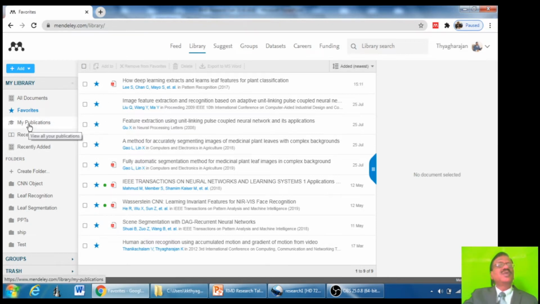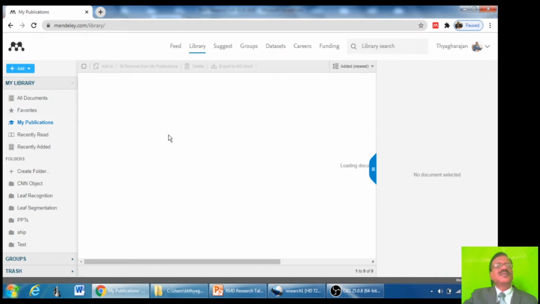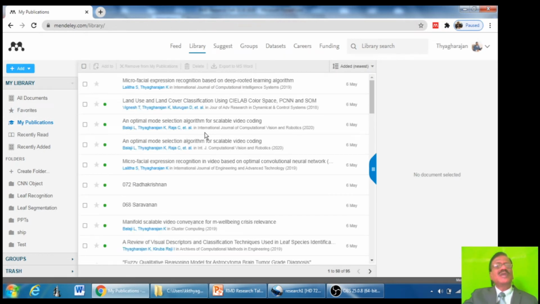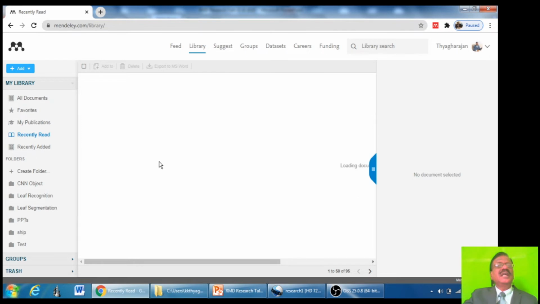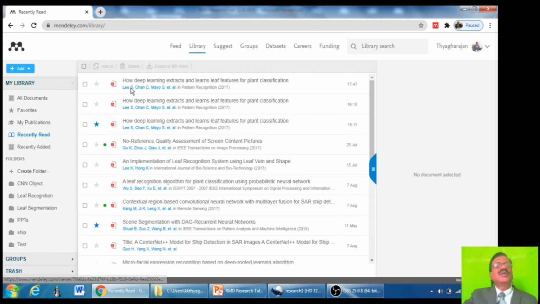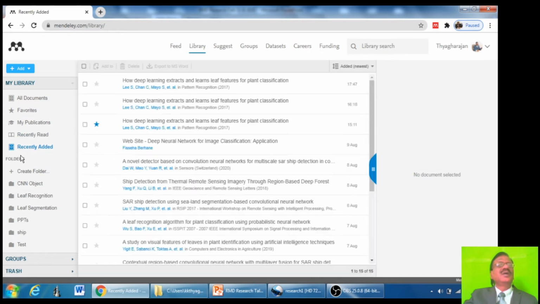Then if you click on My Publications, all the publications you have got in Scopus will be displayed here. Then Recently Read papers. If you click on this folder, all the recently read papers will be displayed here. Then if you have added PDFs recently, that can also be viewed separately.